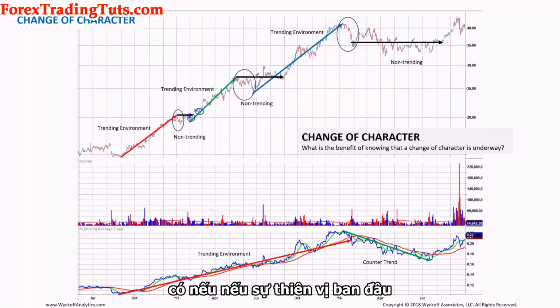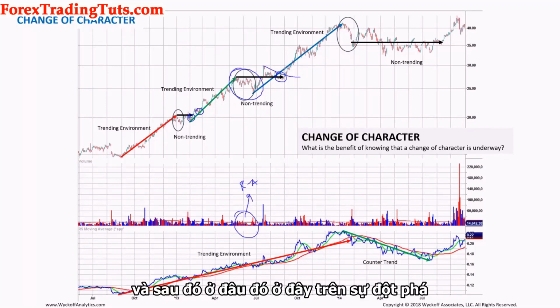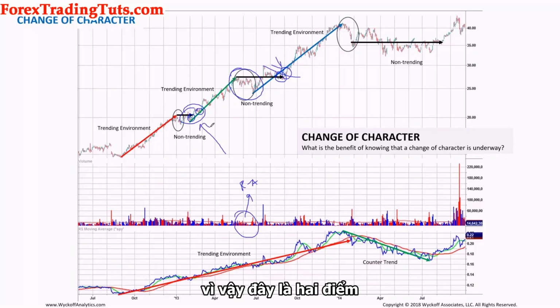If the initial bias in phase A, based on the supply signature, suggests that this is still reaccumulation, then we want to stay in this position. Actually, we want to add to the position, and we will be really heavily adding here and then somewhere here on the breakout. So these are the two spots